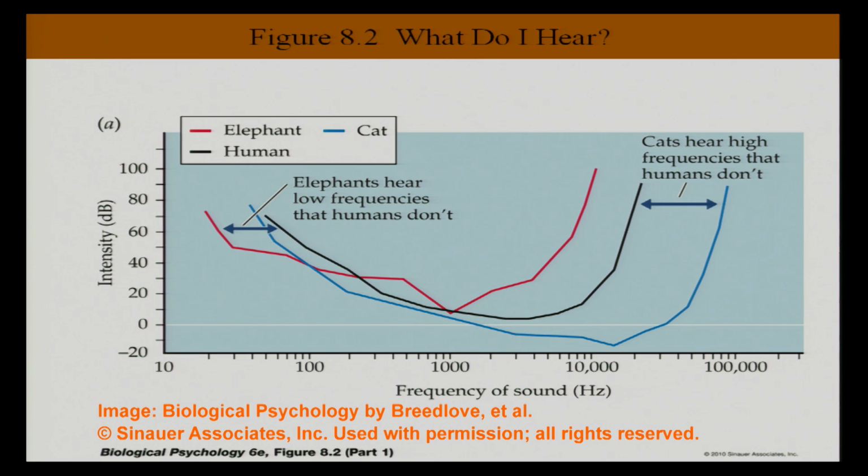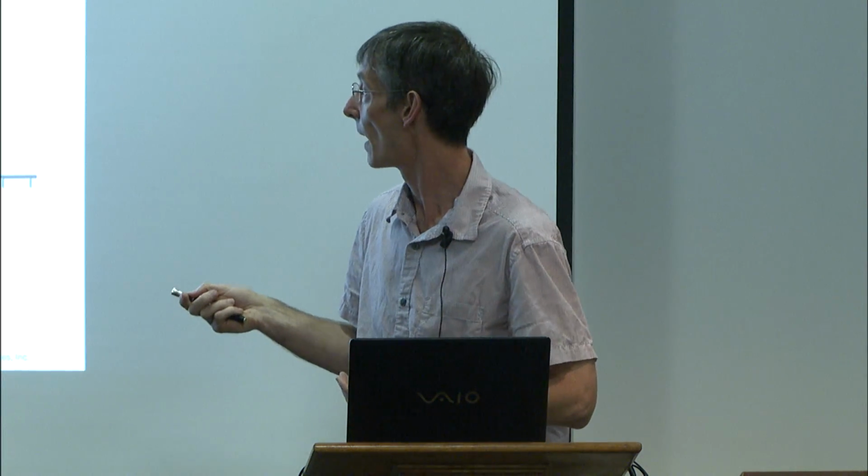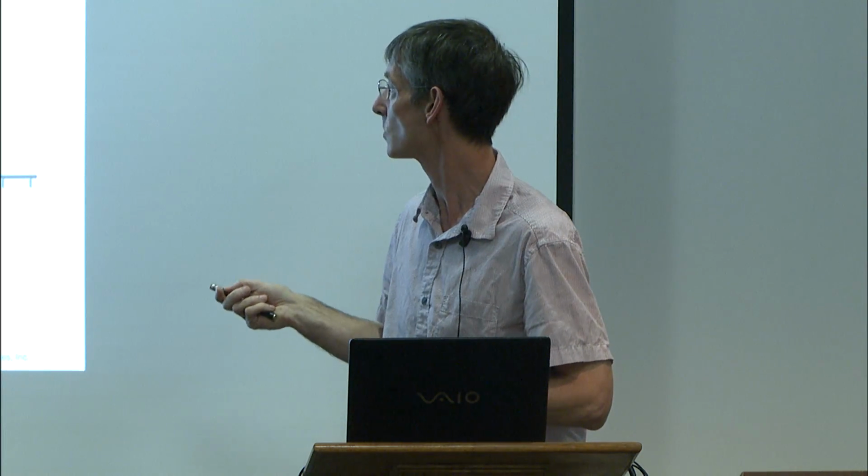So these are the curves for just being able to hear, and this is the equivalent of an audiogram. So when you go to get your hearing tested, they play different tones and they change the intensity. They say, can you just hear it? And this is what you measure. So this would be called the